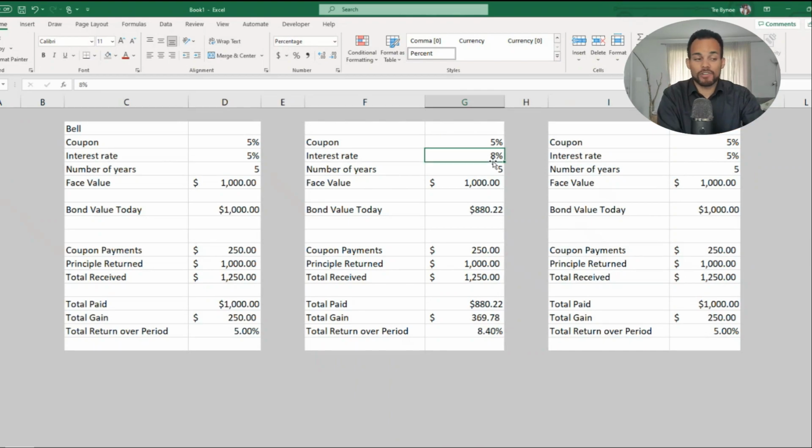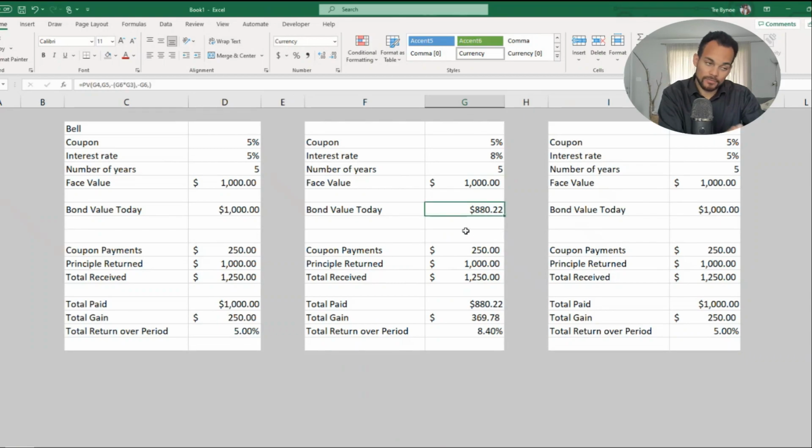The expected interest rate now, though, is 8%. So that's what bonds now, if you were to go to Bell today, they would pay 8% instead of 5%. Number of years, 5 years still, keep it simple. Face value, after 5 years, they'll still give you back $1,000. But what's the value of it today? The value of it today is